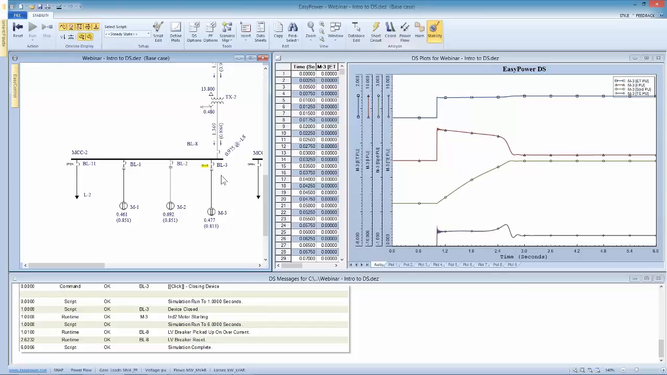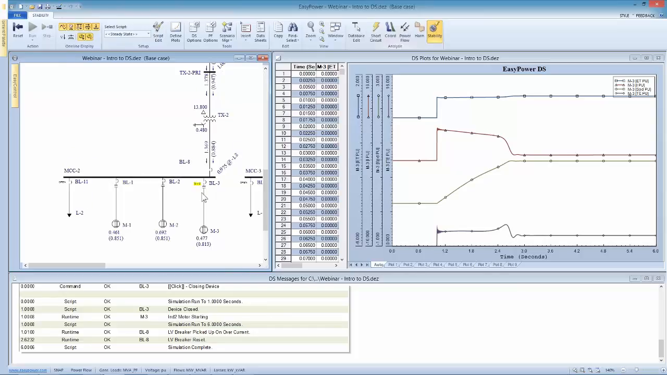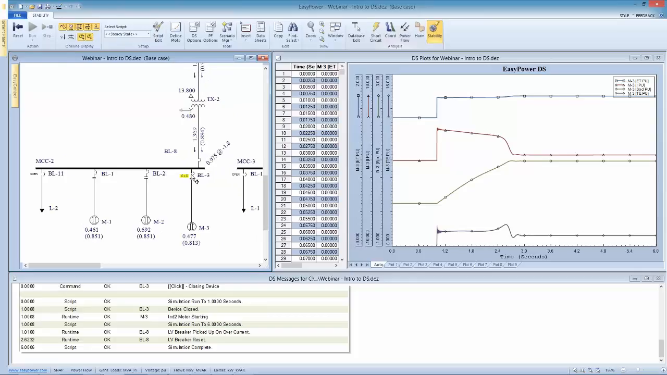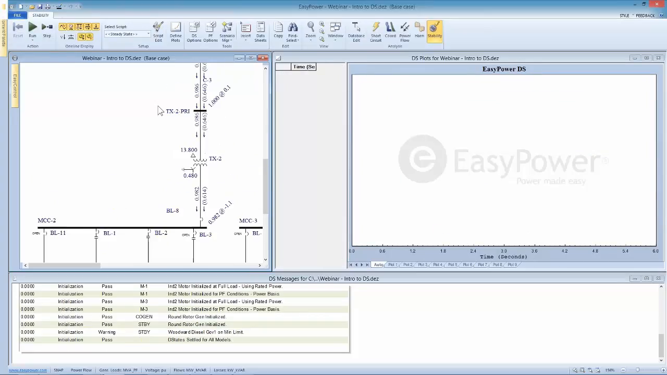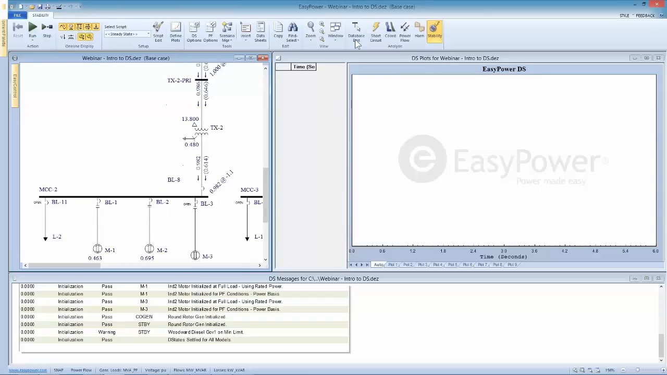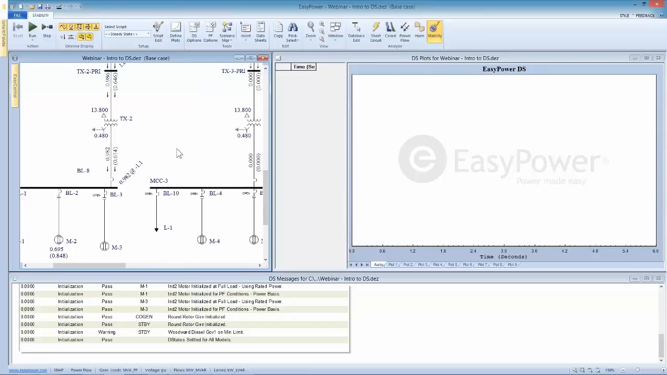And as I'm looking at this, you'll notice that during this simulation, at least this one contactor went from open to closed, which is the reason for it being highlighted. So we're going to reset this simulation and go back to our initial starting case. All right, so the next thing we want to do, if we look at this loading here, is that we